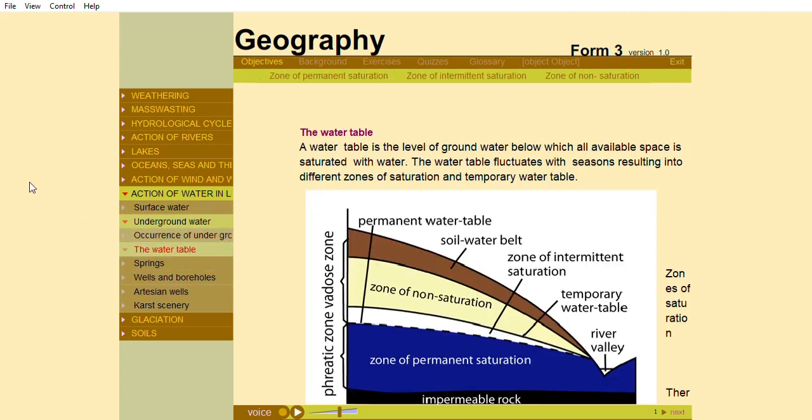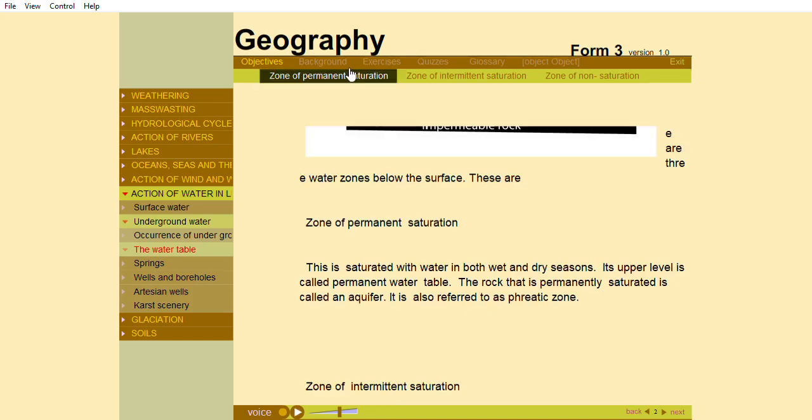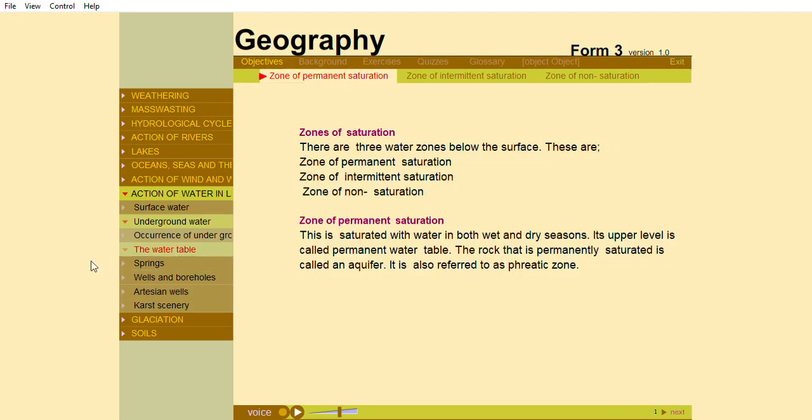The water table. Definition. A water table is the level of groundwater below which all available space is saturated with water. The water table fluctuates with seasons, resulting into different zones of saturation and temporary water table. Zones of saturation. There are 3 water zones below the surface. These are